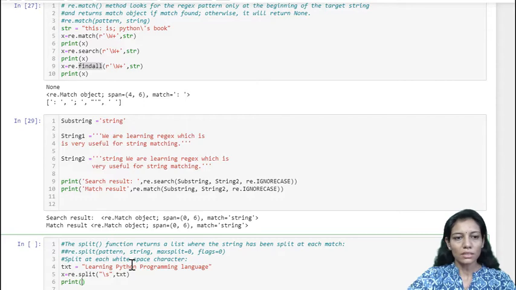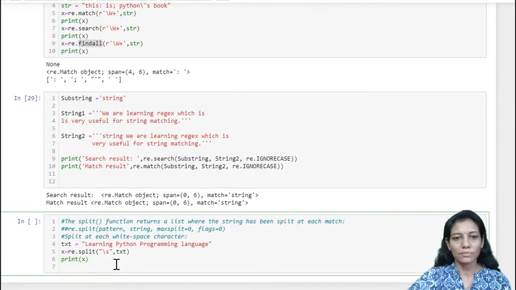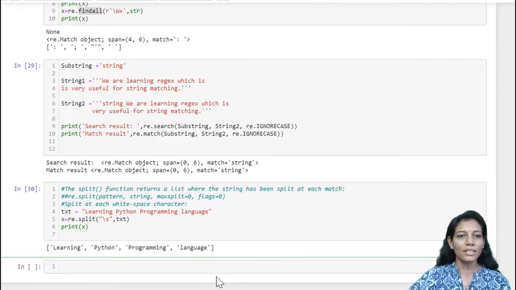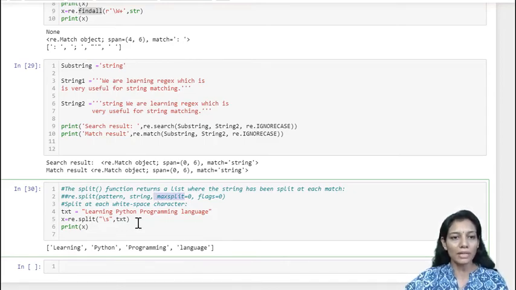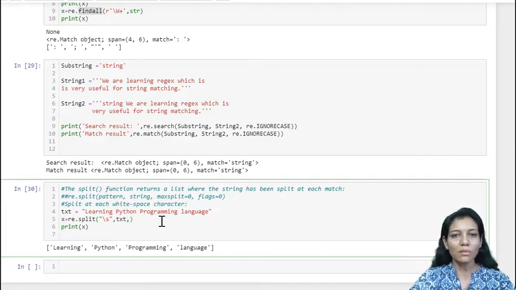If I print X, let us see what it is returning. So yes, it has returned a list of strings, and the words are separated based on the white space. Now one more parameter which I can specify is maxsplit. That means I can control the maximum number of splits. Just here, after the pattern, which is the string we have specified, here I have not written the raw string prefix r, but directly written the string which I want to match, then the string in which I want to find, and the third parameter that I am passing is the number of splits.